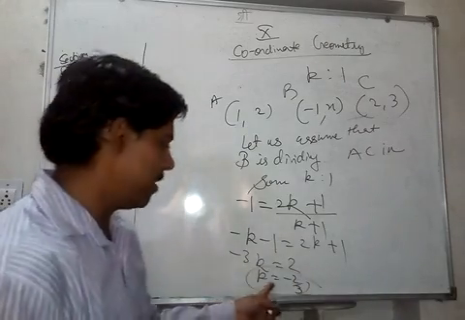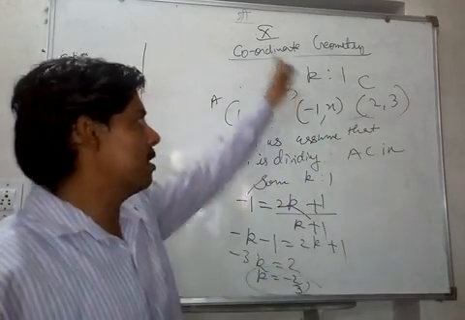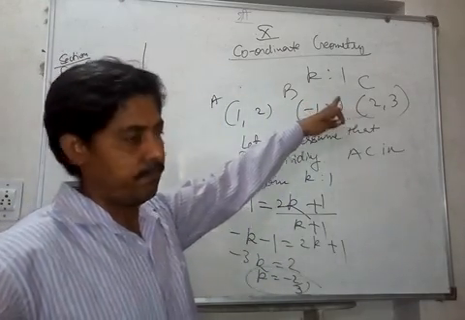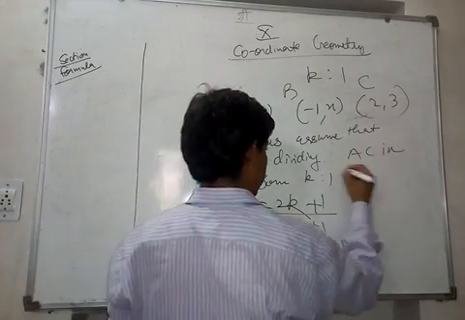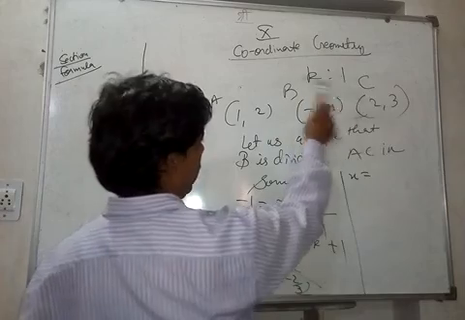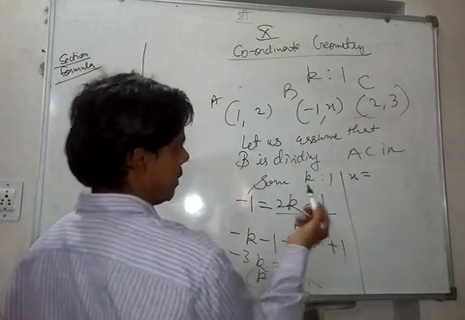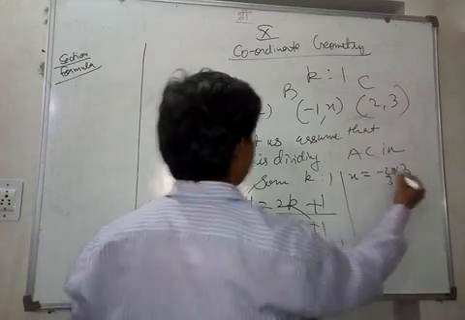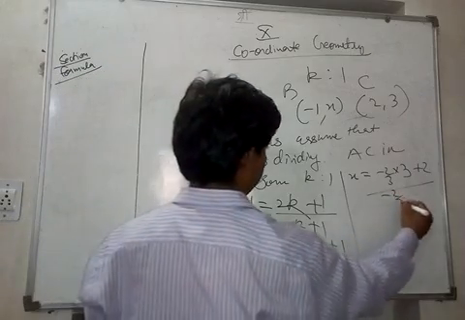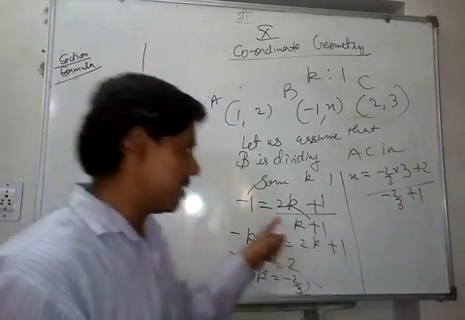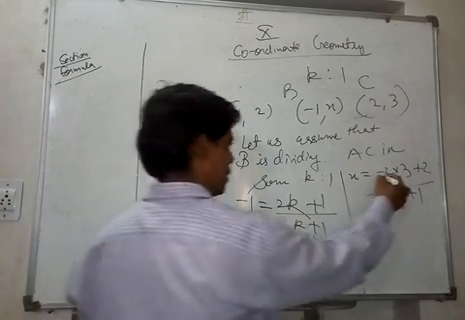That means we have got a negative value, but this is allowed. This means that B is not in between A and C. B is outside A and C. So k is minus 2 by 3. Now you can find the value of x, and x is the y coordinate here, remember. So k into 3. What is k into 3? k here is minus 2 by 3, so minus 2 by 3 into 3, plus 2, upon k plus 1. k plus 1 is minus 2 by 3 plus 1. We are using the same plus formula because we have already found that k is negative. This is allowed, okay? This is okay.